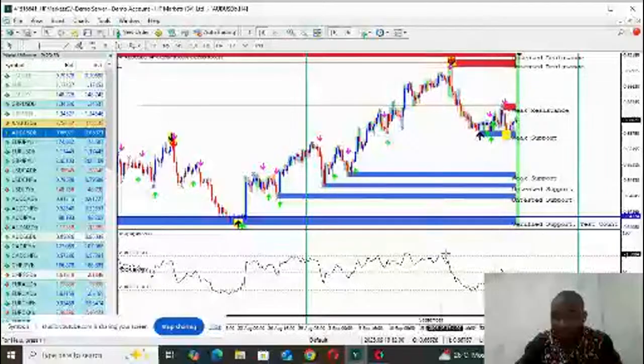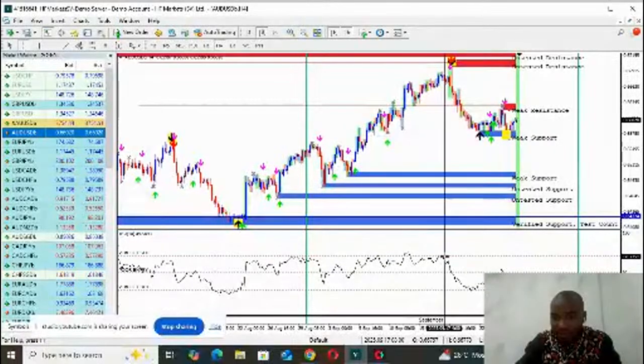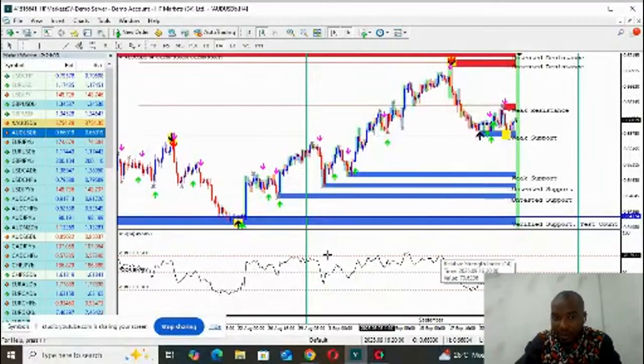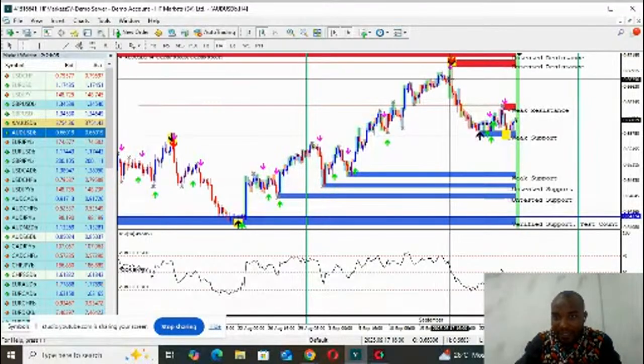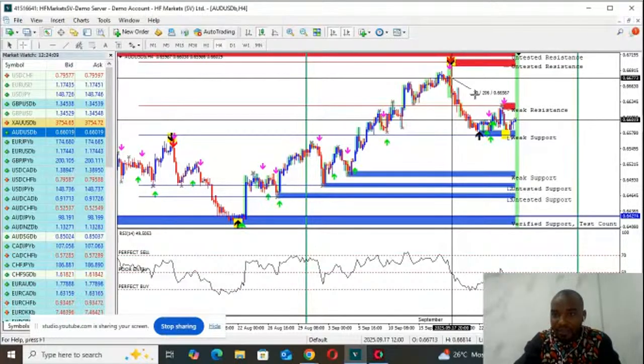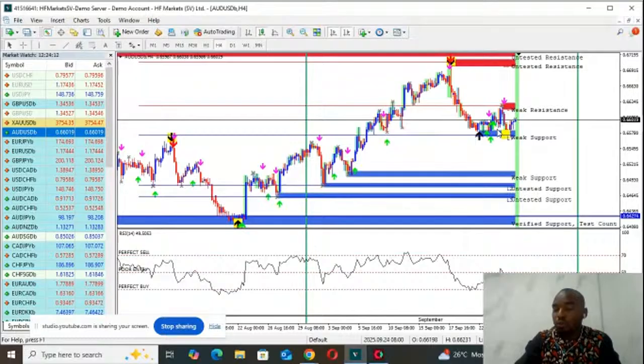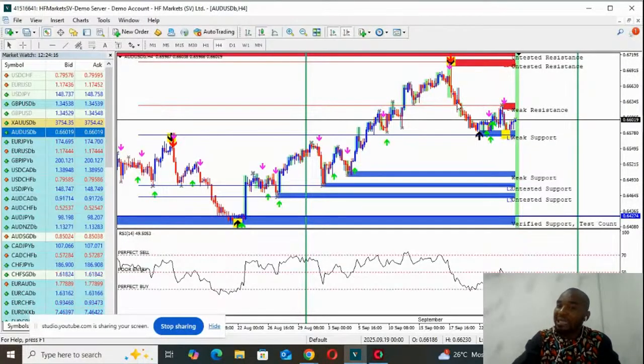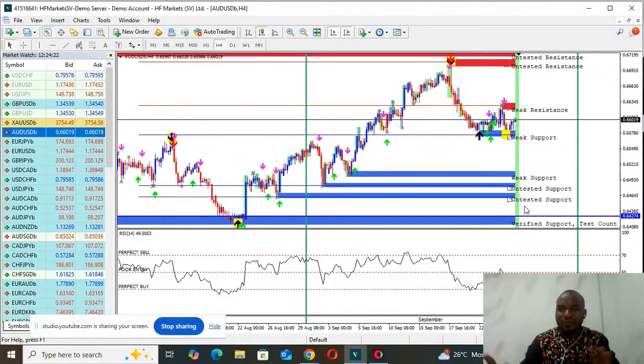RSI is where? Seventy, seventy perfect sell. A zone confirmed here. Stop loss 41 pips. Market returned back to this point, 94 pips. If I close this trade, we enter this trade on Friday, waiting for this buy. I expect this market to buy up the second time. Very simple. Now let me look for another pair also.